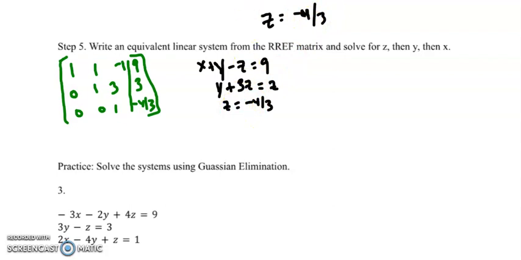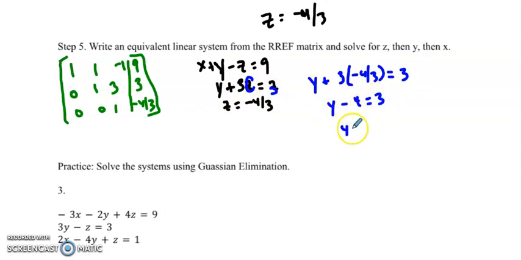Well, now that I've solved for z, I can plug that into this z right here. So y plus 3 times -4/3 equals 3. This was a 3 right here that didn't write very well. So this is y minus 4 equals 3. So now I know that y equals 7. I can write that solution up here. And then now I can sub in